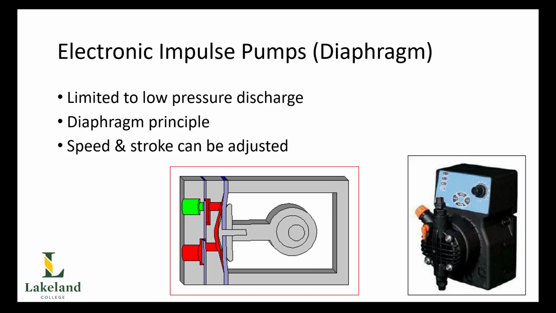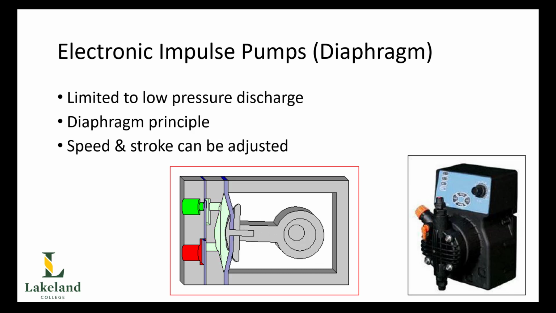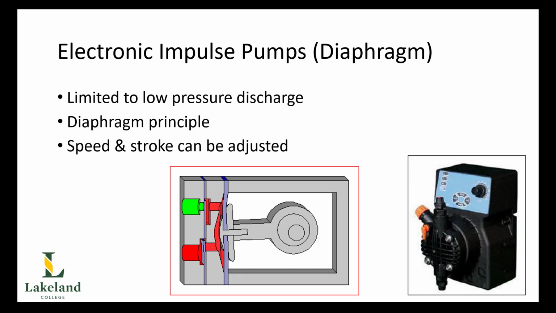Another type of pump that's often used for chemical injections is a diaphragm pump, and these are generally small pumps that only put out limited discharge pressures, so we only typically see them being used on low pressure applications. Once again, it is a type of positive displacement pump,